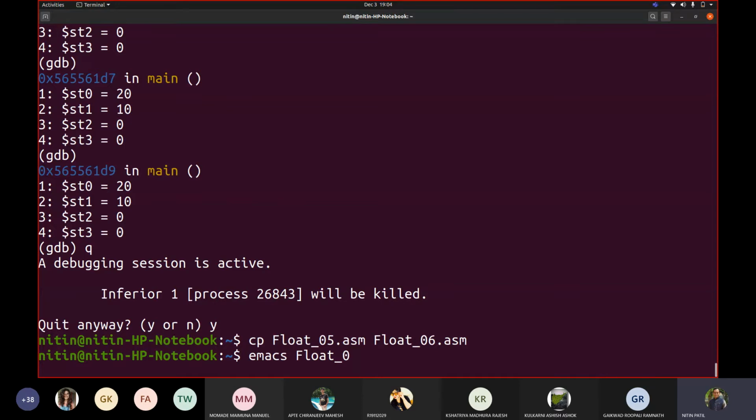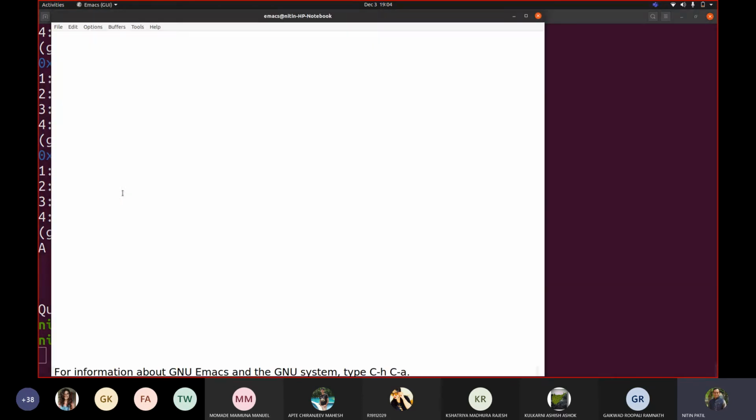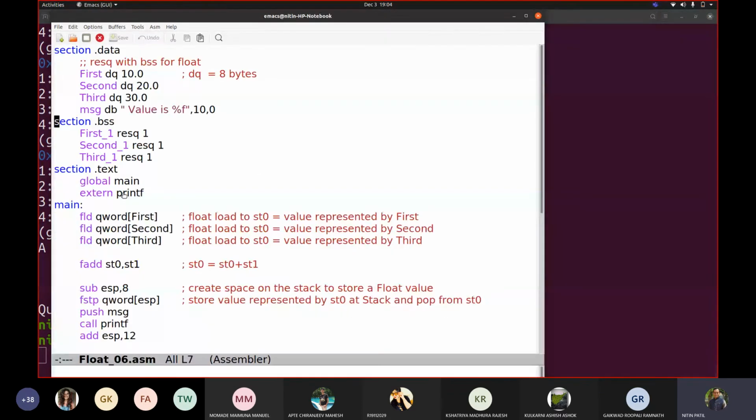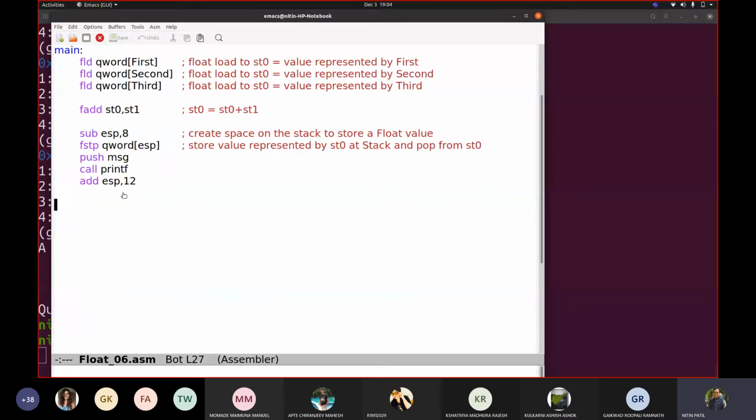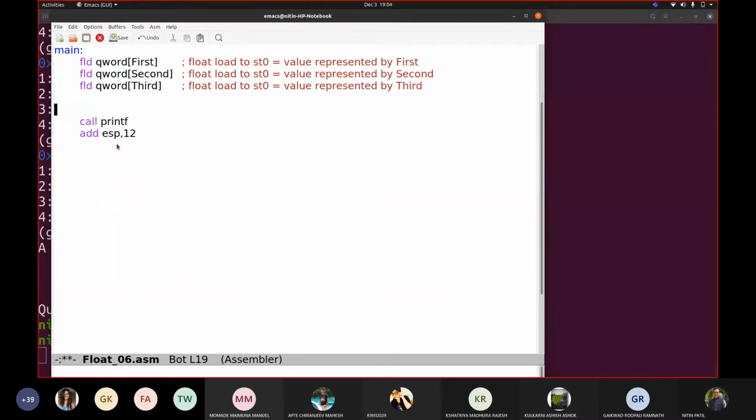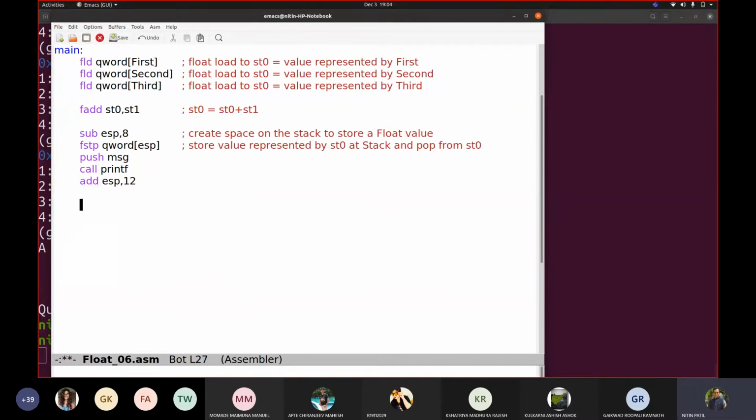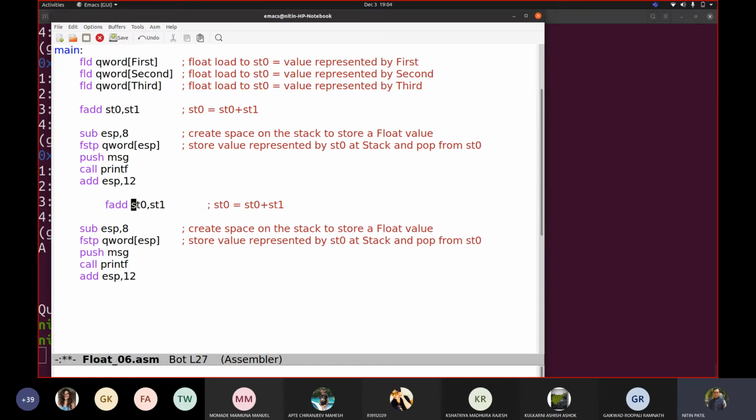Emacs float6.asm. We said FAD, we printed it, correct? Now I will copy this, and instead of this FAD, I will write fsub.